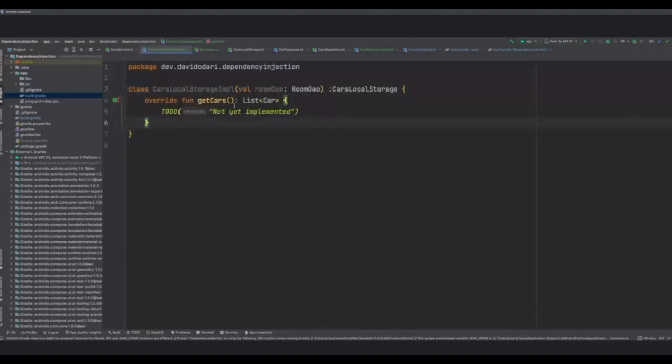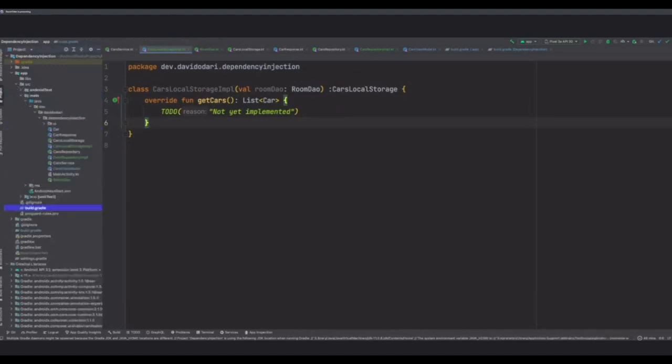Now, once you add Hilt, the next thing that you probably will have to start doing is set up the annotations. There are various Hilt annotations that serve various purposes.